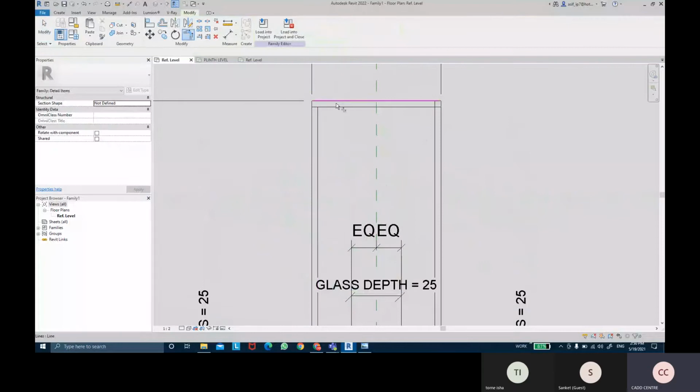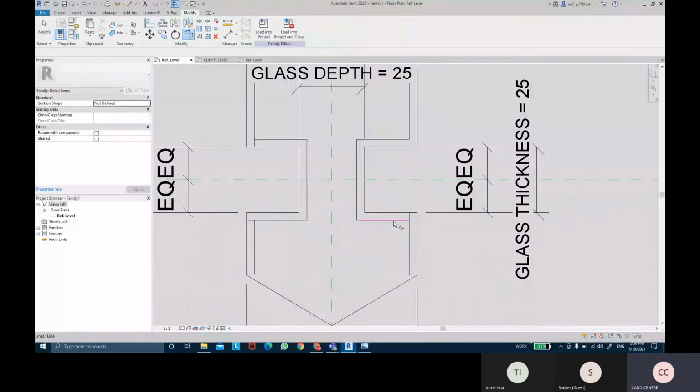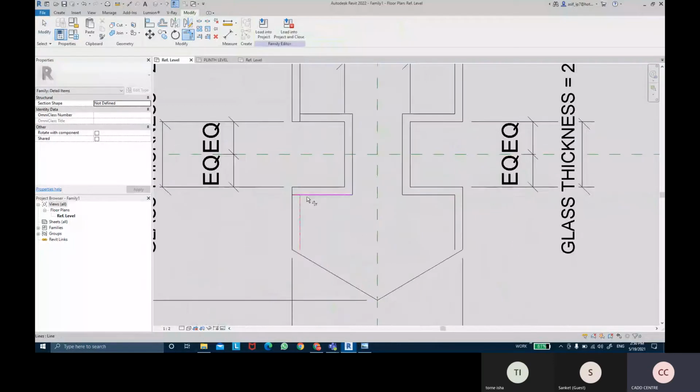And I trim corner these. And this trim extend corner, then this corner indents.